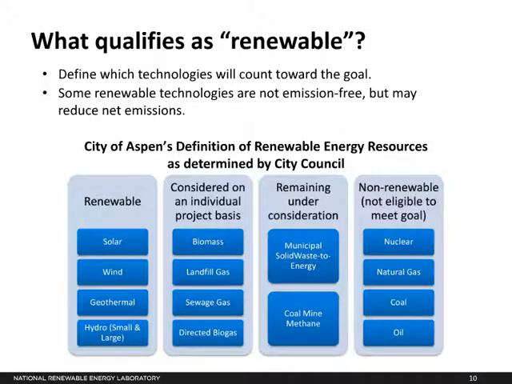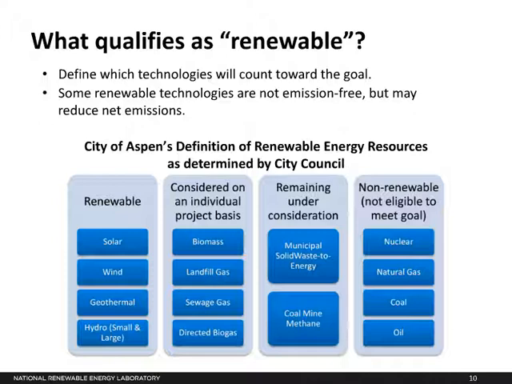The first one may sound simplistic. It is defining what is renewable energy. But just as all goals are not created equal, all renewable energy technologies are not created equal. In cases where you're looking at obtaining renewable energy generation from a variety of possible resources, it's helpful to identify which technologies you will consider to be renewable for the purpose of meeting your goal. Discussing the differences between the technologies and determining which ones will count toward the goal and which ones may be lower priority can help draw some bounds around the options that you'll look for, and it will get everyone on the same page right from the start.